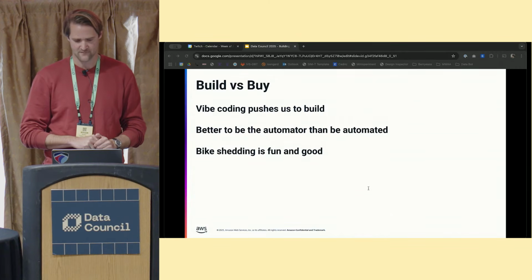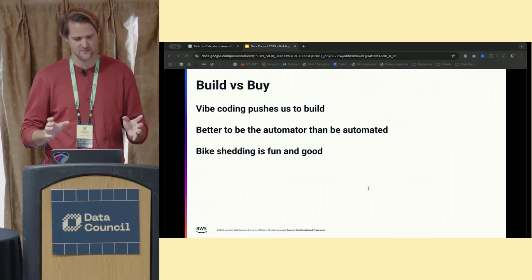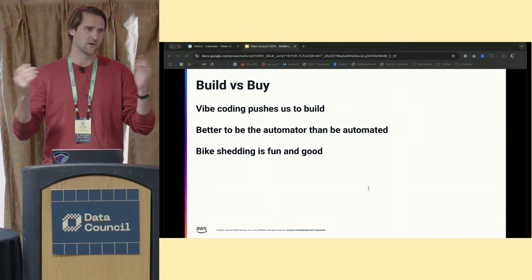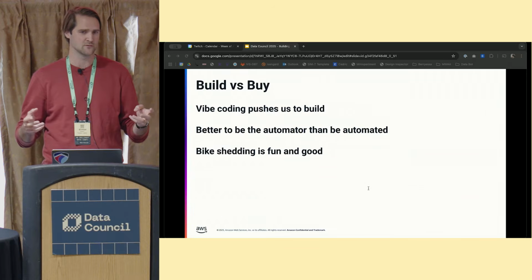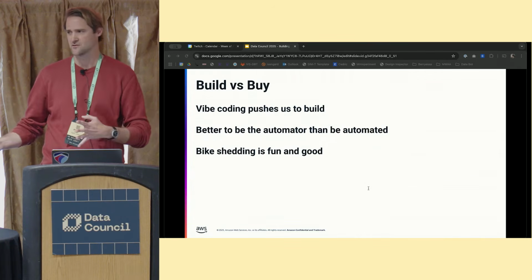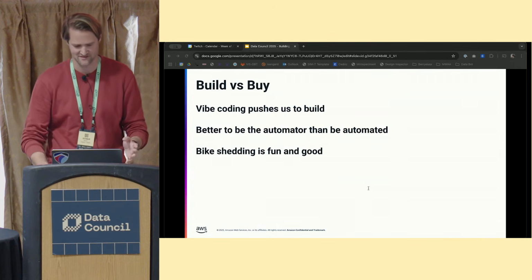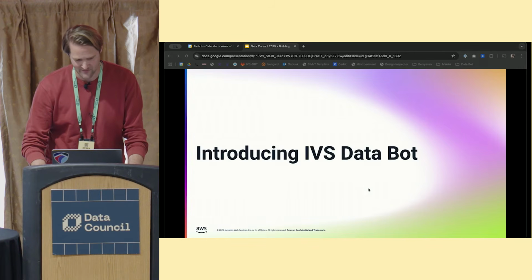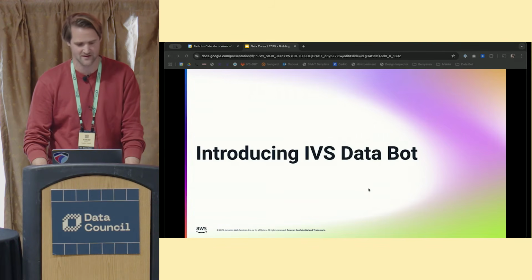I think it's fine as long as you keep in mind that, one, you're building an internal tool, and two, if you wanted to throw away everything, you should have the emotional maturity to do that. So yeah, let's check out our bot.